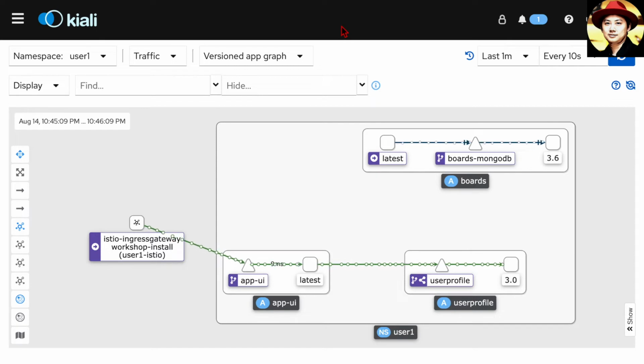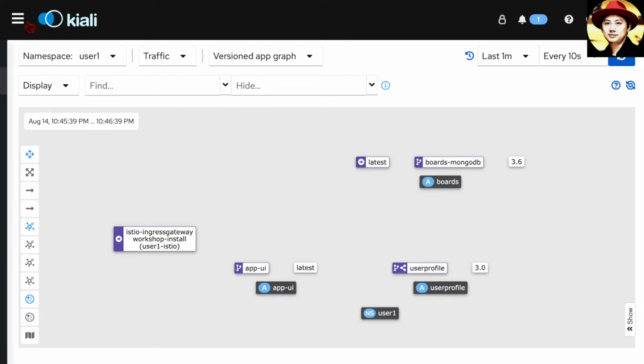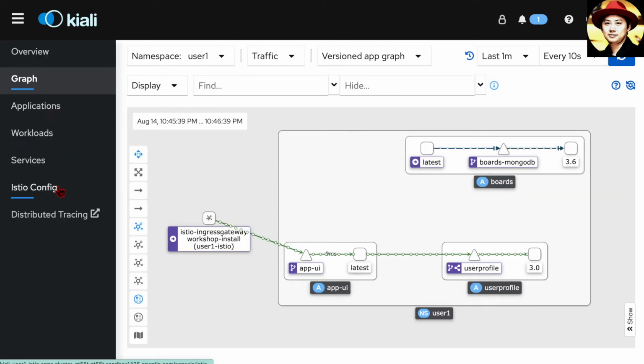Next, I want to show you how you can test how your application behaves when a failure occurs. You can simulate these failures using service mesh. This concept is more generally known as chaos engineering. It provides ways to inject failure at the application layer with abort faults and delay faults using virtual services. Let's start with the abort faults.